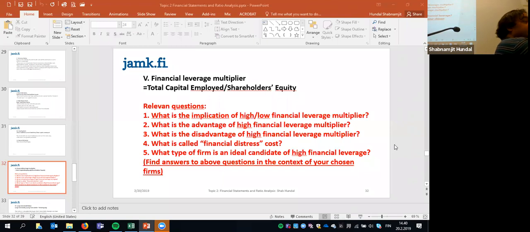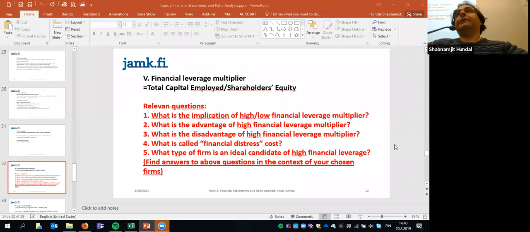Seniority of debt. If I'm your lender, if I lend you money, I would always check whether I am a senior lender or a junior lender. The senior lender is that if you have borrowed from me first, but let's say you already have borrowed from 3 different banks, and then you come to me for another fresh dose of loan, then I must be aware that if your company becomes bankrupt,